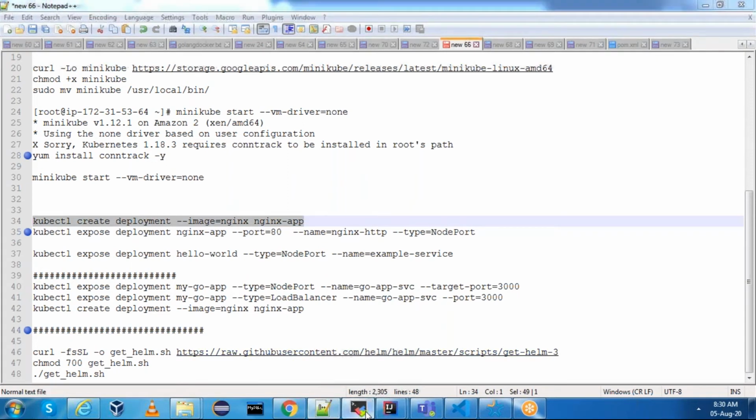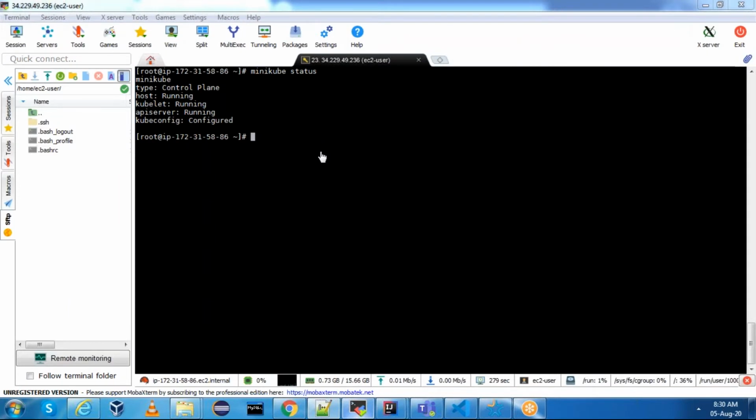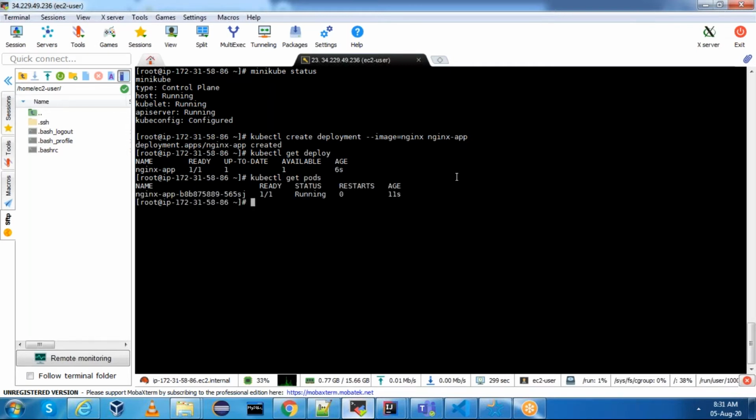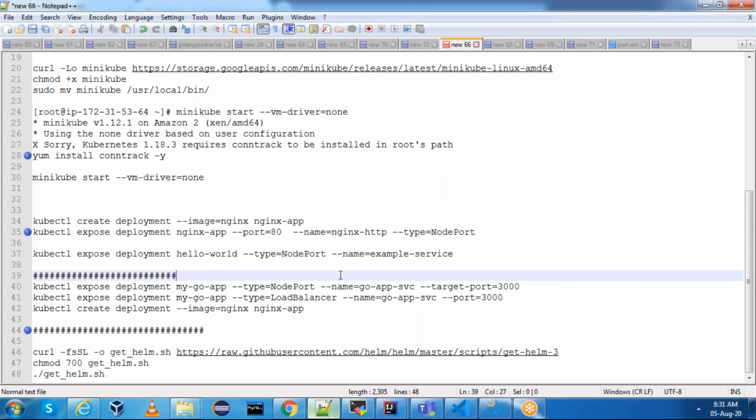Let me run the first one. You can run with manifest files, or you can run with plain commands. kubectl create deployment with image name nginx application. If you want, you can see it. kubectl get deployment is done. kubectl get pods is also running, and then we need to expose this as a NodePort type.